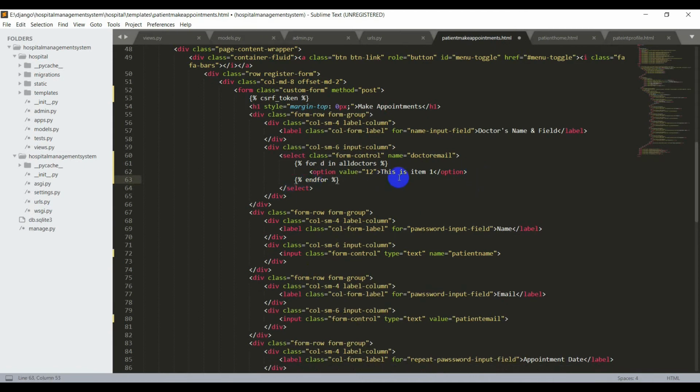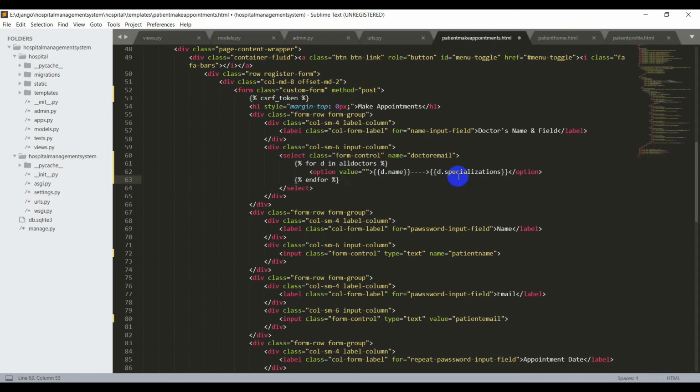In this option tag, I need to print the name and specialization of the doctor for the recognition by the patient. That is, I'll say double braces of d.name, and I'll put an arrow like this, and I'll say double braces of d.specialization, and close the option tag and we have already closed the for loop.